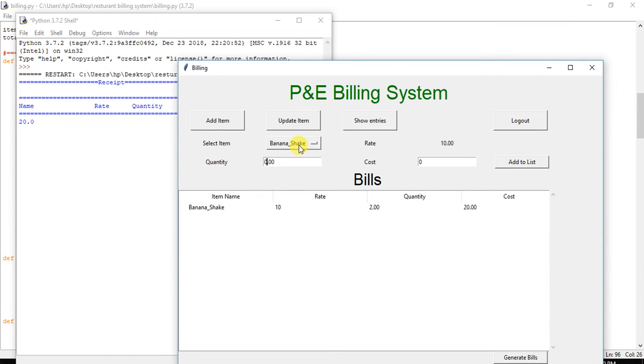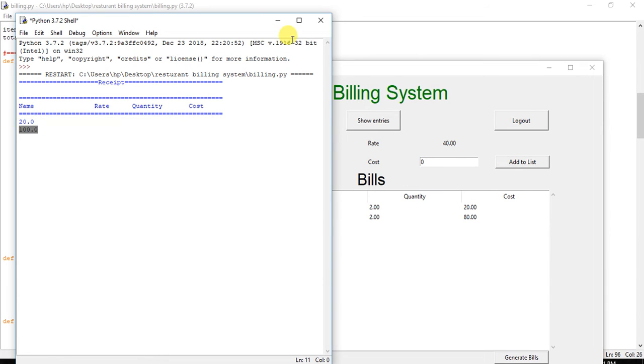When I add chocolate shake to two items, then it will make 20 plus this, equal to 100. Now this is nice for me. What I need is